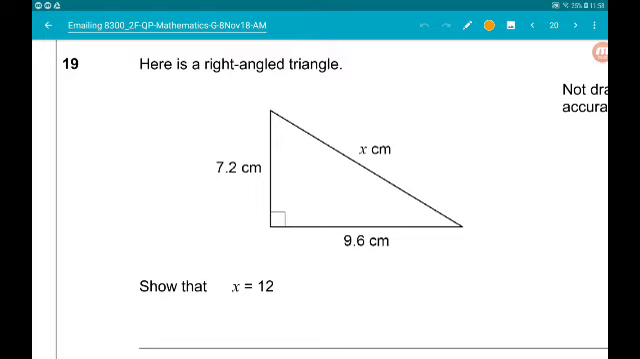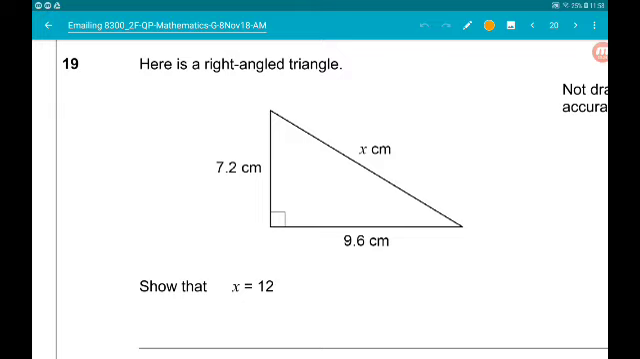In question 19, we've got a right angled triangle. We've got two side lengths, 7.2 and 9.6, and a missing side x. We want to show that x is 12 centimetres. Okay, so